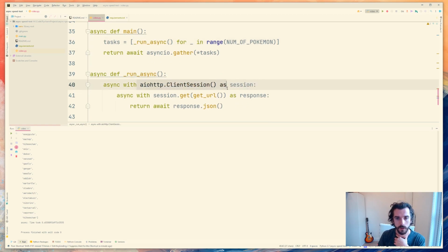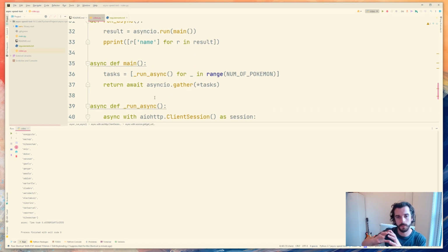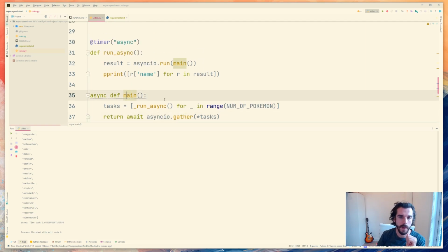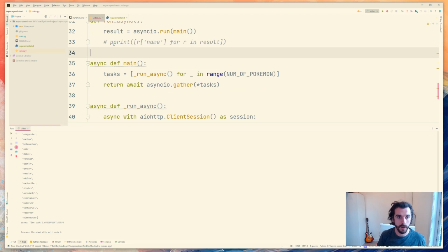It goes off to this session client, calls the URL, and then awaits the response of that. So it's basically building up a batch of tasks, running them all at once, and then this method here is waiting for their response to come back, which will then give the results back to here, and then we print them out. And as you can see, I'm just going to comment out the printing now,